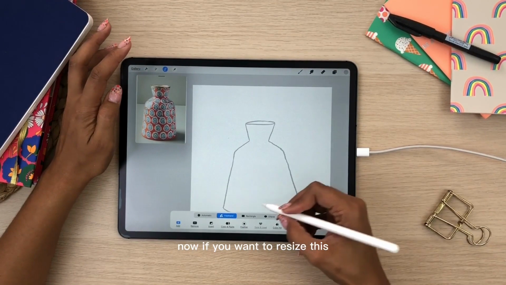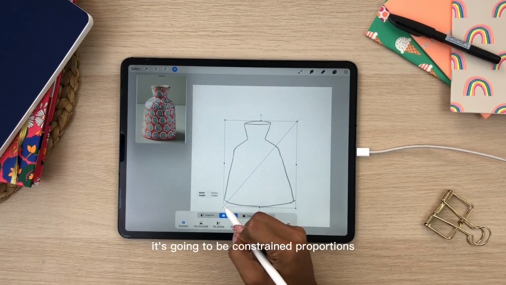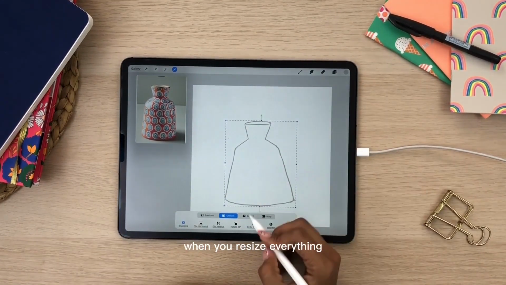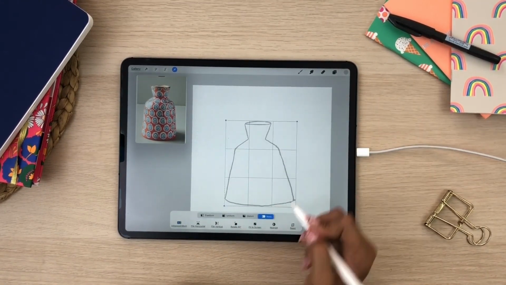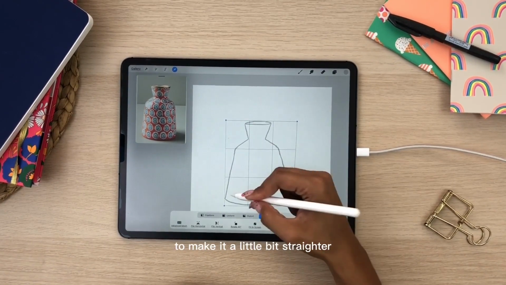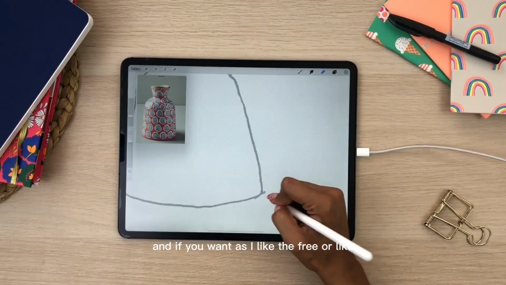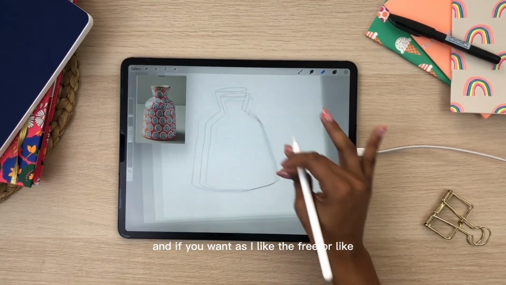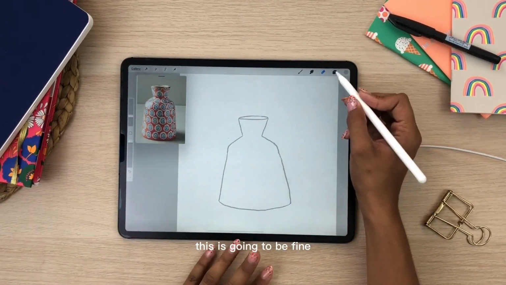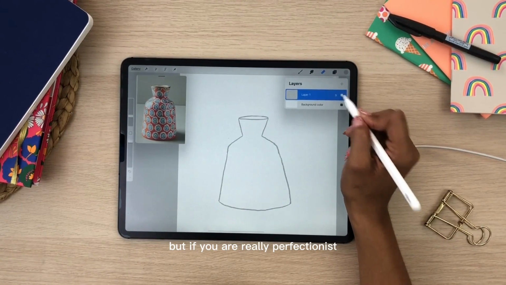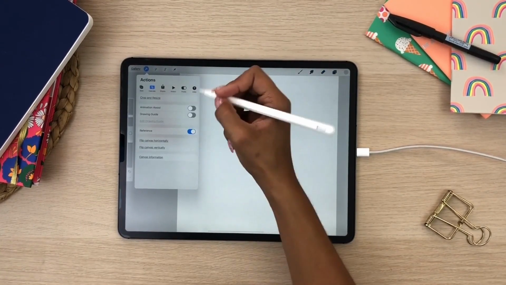Now, if you want to resize this, you can choose the select tool. Uniform way, it's going to be constrained proportions when you resize everything. If it's freeform, you can do it the way you want. I'm going to use a little bit of warp to make it a little bit straighter. And if you want, as I like, the freeform, like a more organic type of illustration, this is going to be fine. But if you are really perfectionist, we can hide this layer and we can go to our canvas,